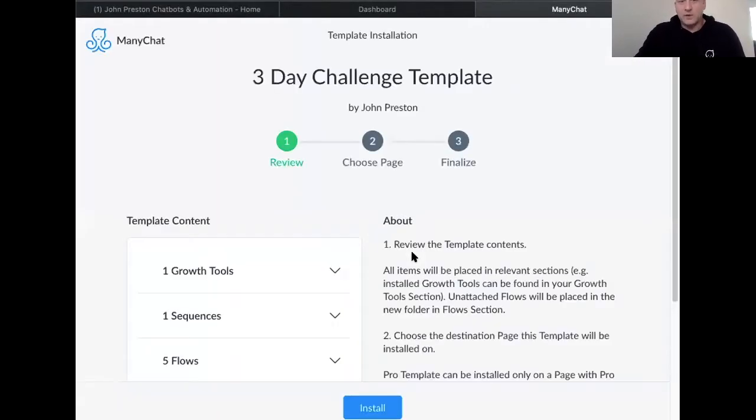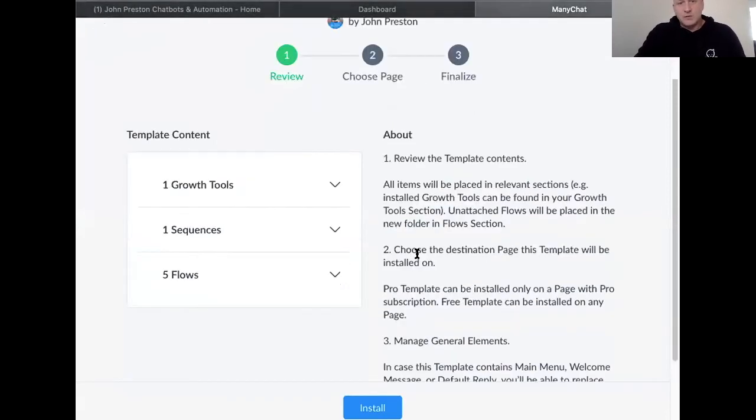You need to get Manychat first. You don't need to have a pro account. You can do this on a free account. I'm setting this up on a free account, just to show you how easy it is. So first thing we're going to do,